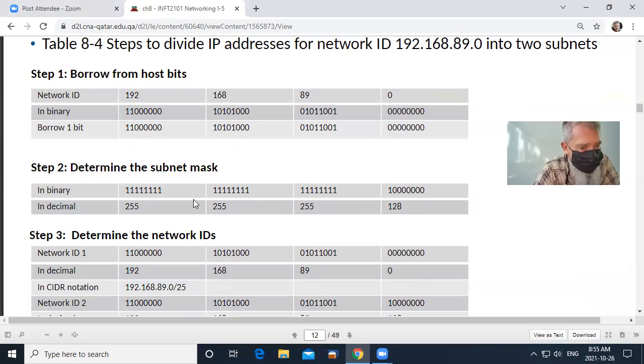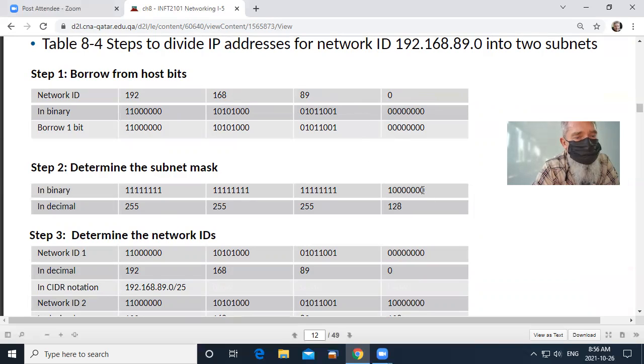Now, what we are going to do is, you see the 1 here, the one that they put in the subnet mask. Instead of saying 255, 255, 255, 0, it's saying 255, 255, 255, 128. Where did the 128 come from? I hope that makes sense to you.